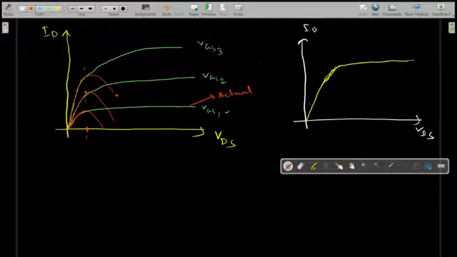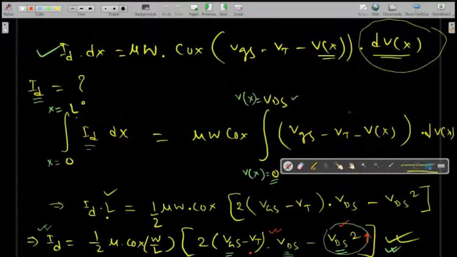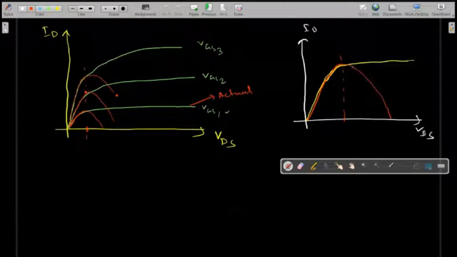The result we are getting up to this point is okay, but after this point, the graph will fall like this. Now, is it clear why the graph will fall? For a lower value of VDS, this second term is very small compared to the first term, so the first term will dominate and as VDS increases, ID will increase. But after some point, this second term is no longer negligible. It will slowly dominate, and as a result, this minus this, the overall ID will fall from its maximum value.